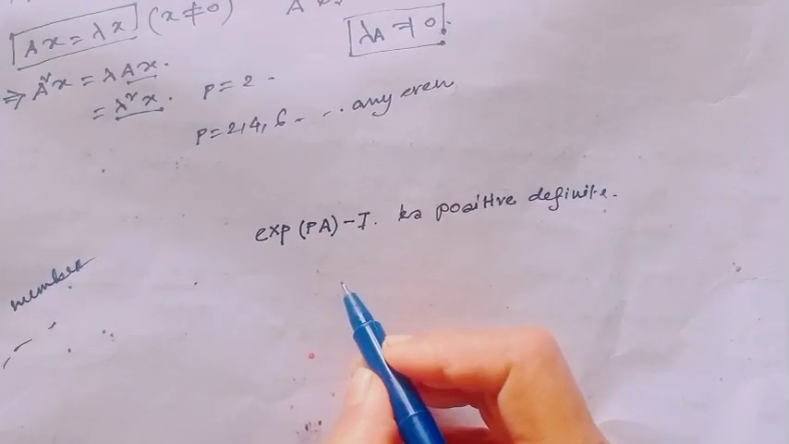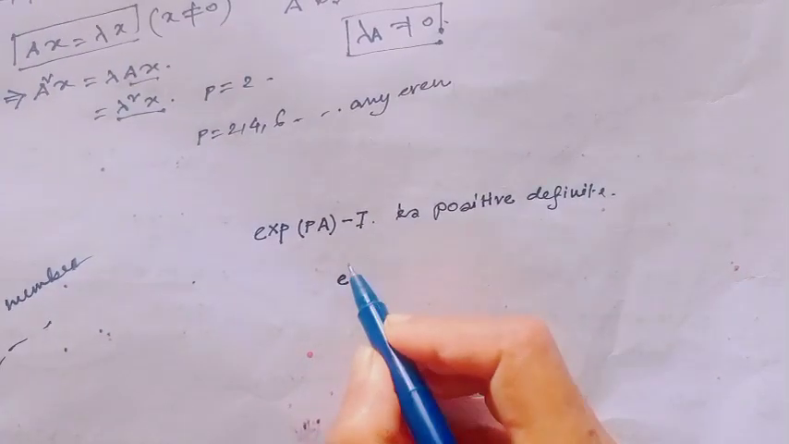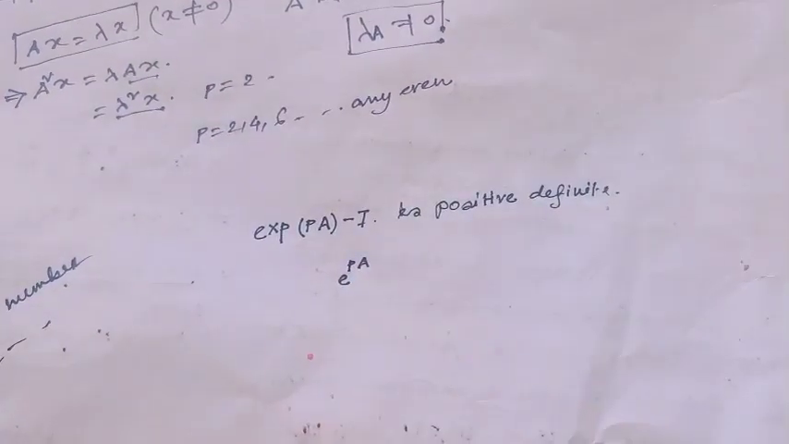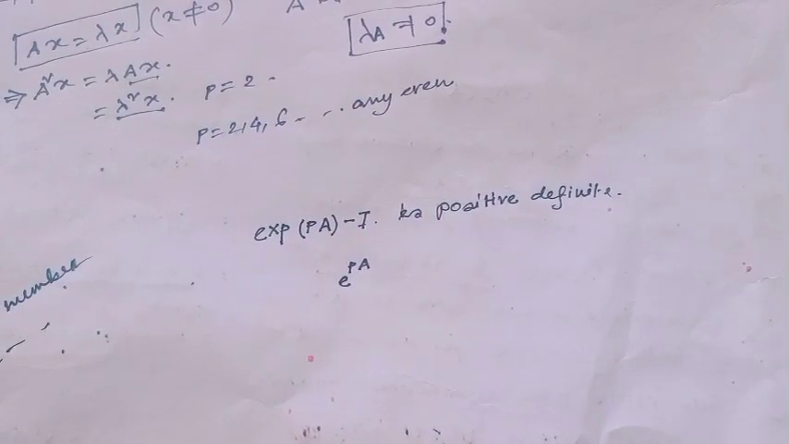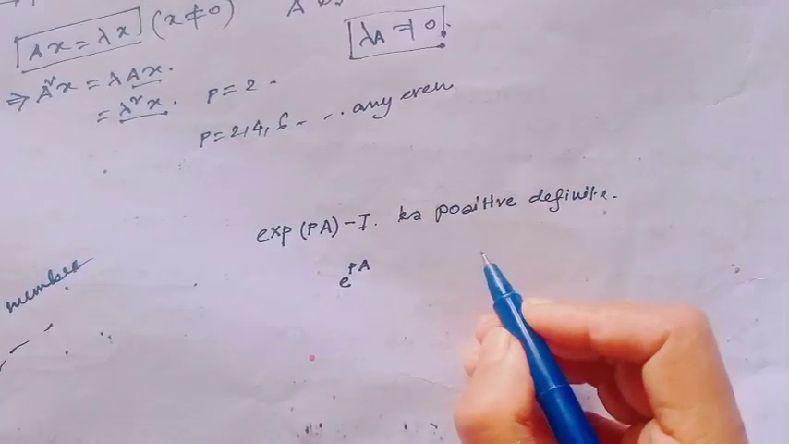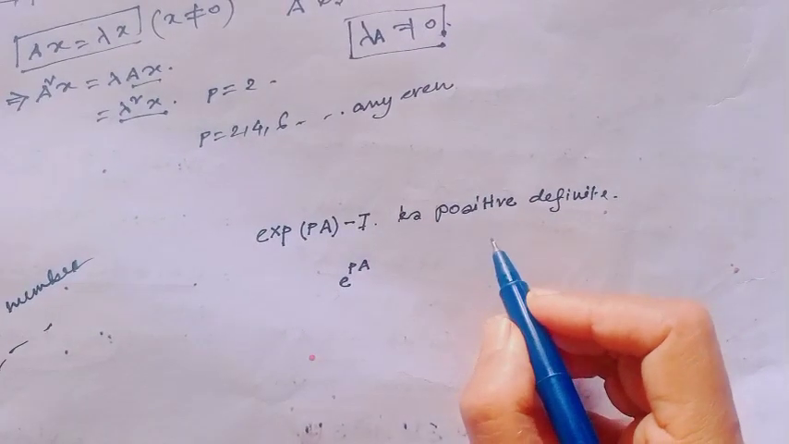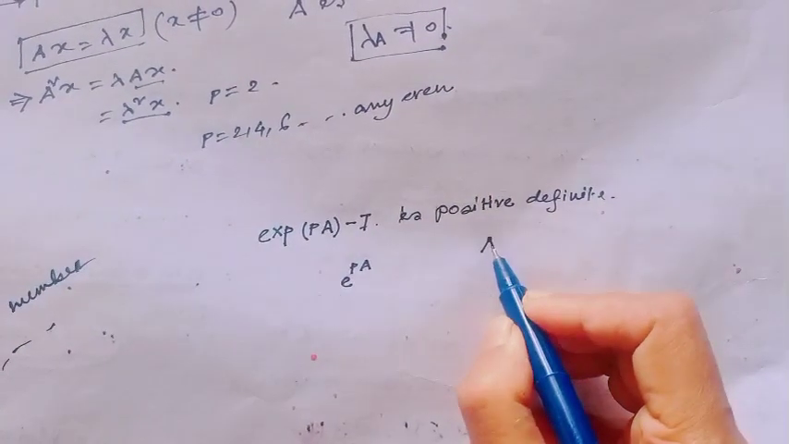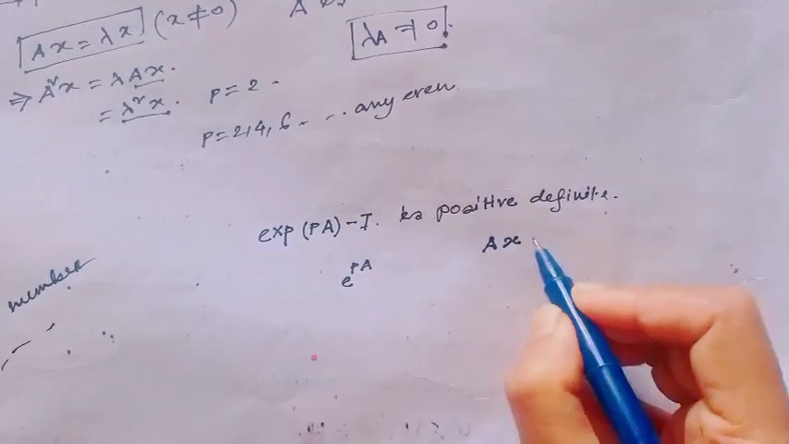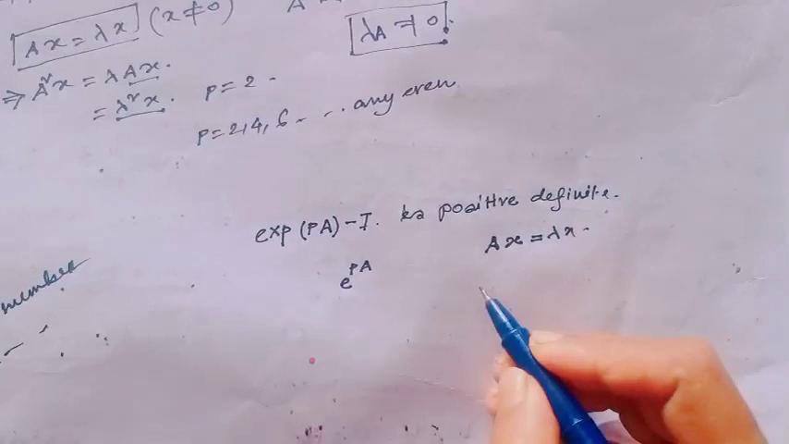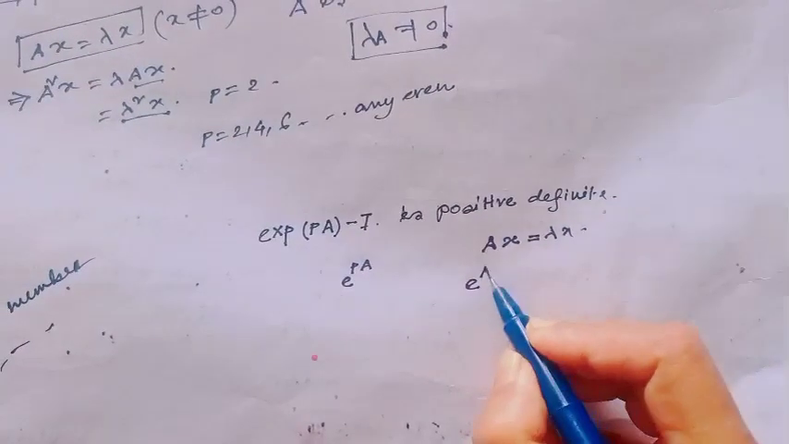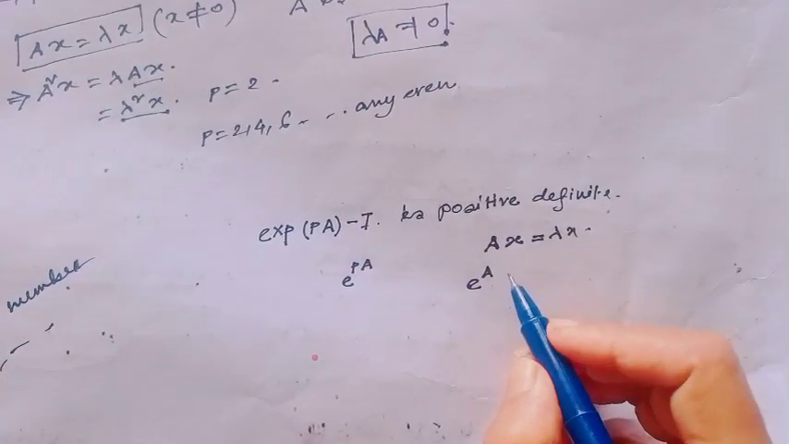Exp(pA) minus I, here e to the power pA. What would be the eigenvalue of e to the power pA? If the eigenvalue of A is lambda, that means Ax equals lambda x, then e to the power A x means